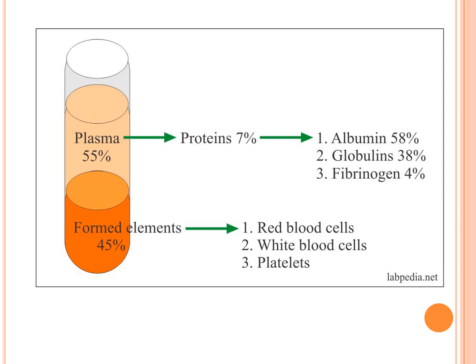Now if you relate what you learnt about the cells and what you learnt about the proteins in the plasma, they are almost the same. So when you're learning it, you can learn it that way. Albumin is used for distribution of water. Red blood cell is for distribution of oxygen. Globulin is used for protection. White blood cell is also used for protection. Fibrinogen is used in blood clotting. Platelet is also used for blood clotting. So you can learn it that way.